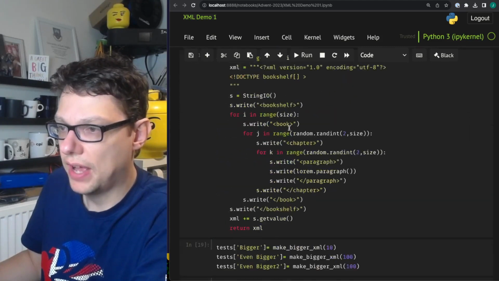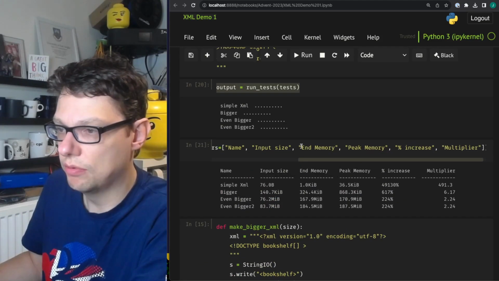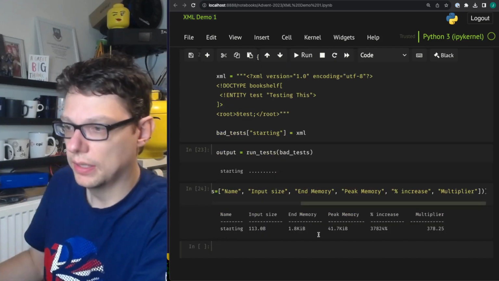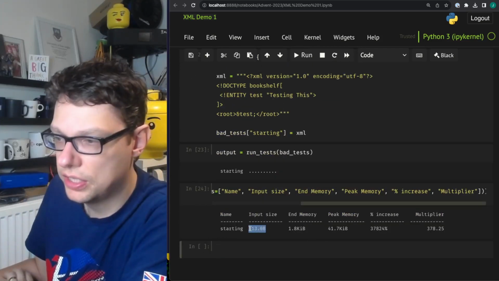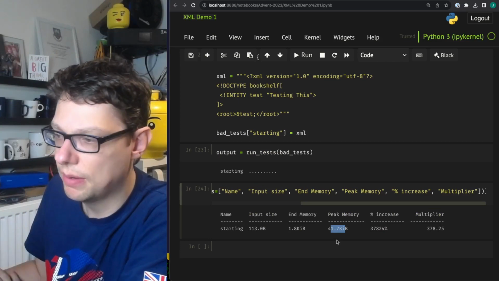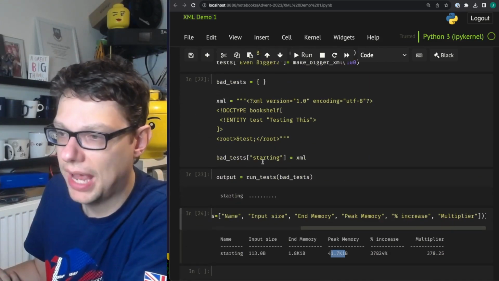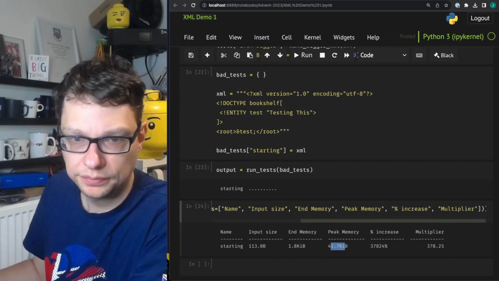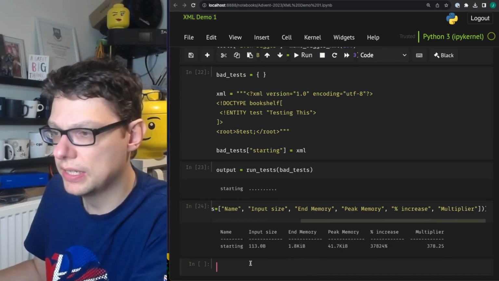You see it runs really fast, and we're going to grab the output printer as well, because why not? As you see now, I'm passing in 113 bytes using 41 kilobytes of memory. Very, very similar to the first one. I haven't really done anything yet, because all I've done, if I now pretty print that,